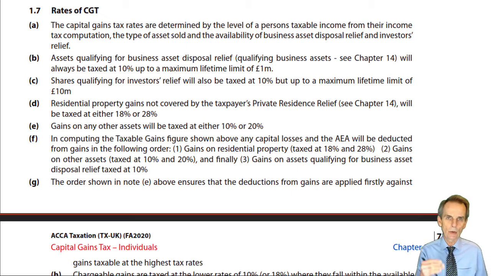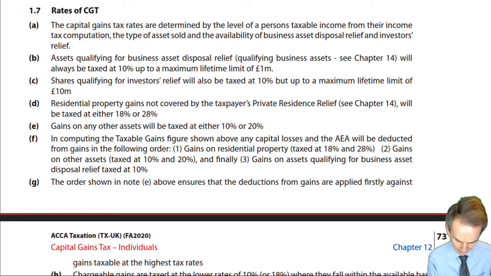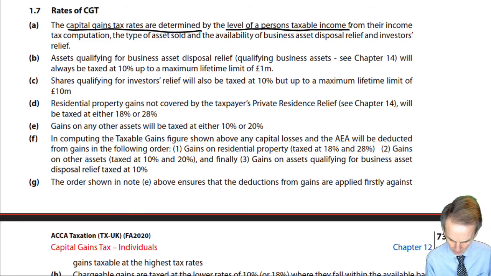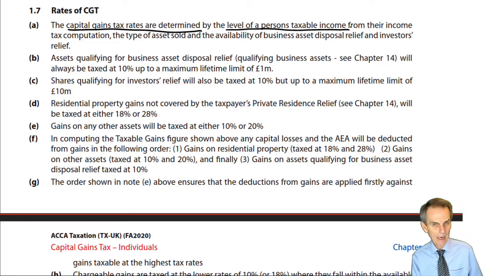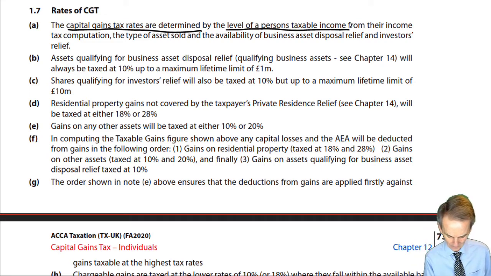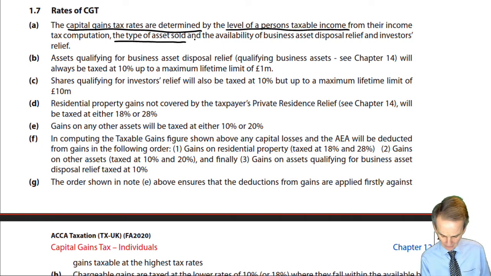Because that's going to be used as a benchmark from which then to compute the CGT liability, all of which I will take you through with many examples in just a few minutes' time. But we're told here that these CGT rates are determined by, firstly, as we've just mentioned, the level of a person's taxable income from their income tax computation. It will also be dictated by the type of asset sold and the availability of either